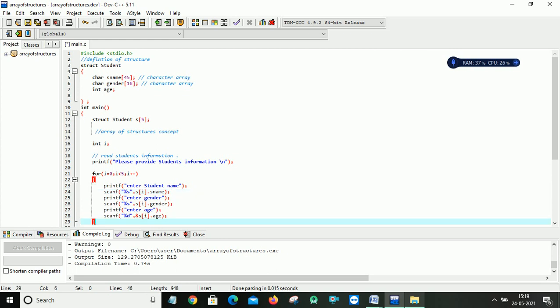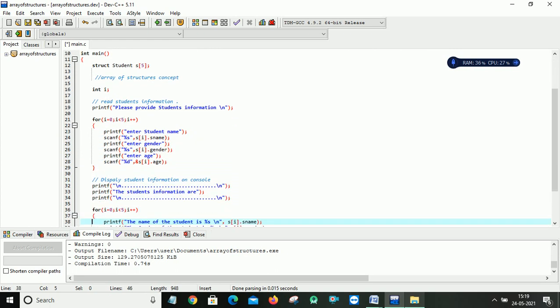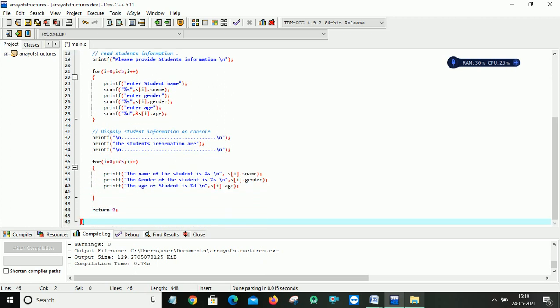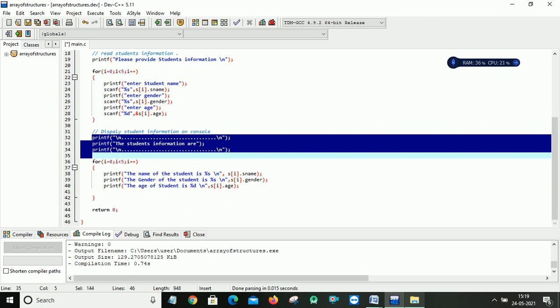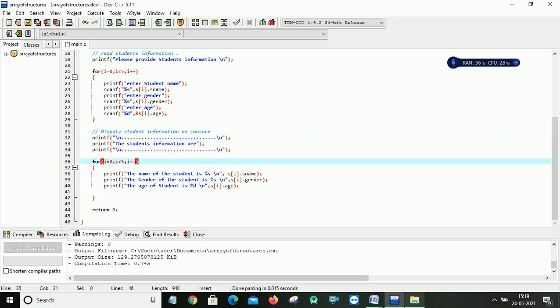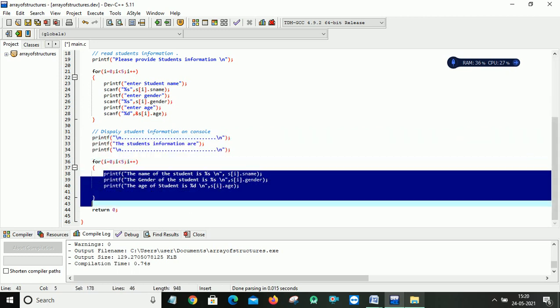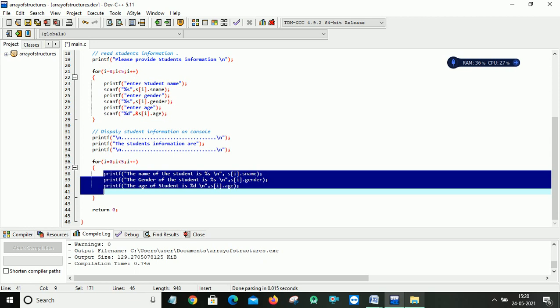In this way I can use printf and scanf statements for reading the input from the keyboard, and after that I want to display the same thing on my console. For that I have given these 3 statements, like a heading, the students' information are, and after that, in a for loop, again I have written printf statements to display the student data members.